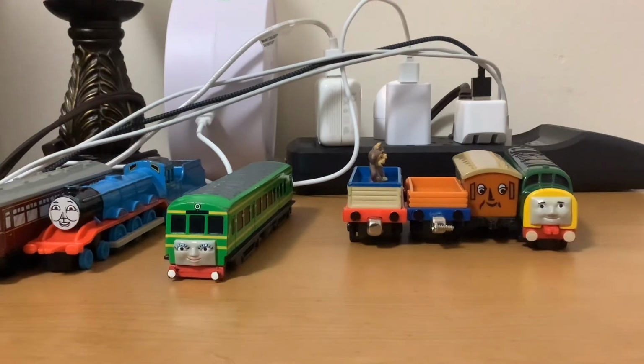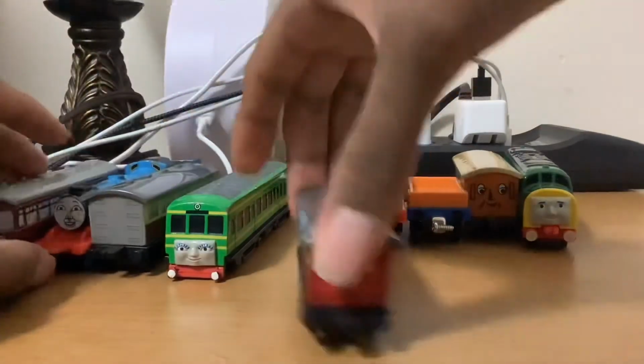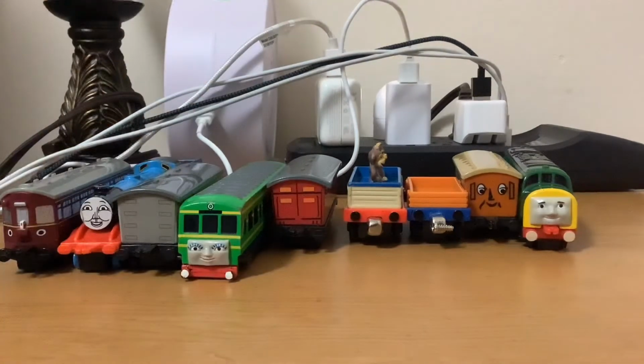Hang on a minute. I'm having a hard time seeing these right now. Okay, so they both were actually made during the same time. Just checked it, so yeah. This might just be a recolor of this. But yeah, moving on